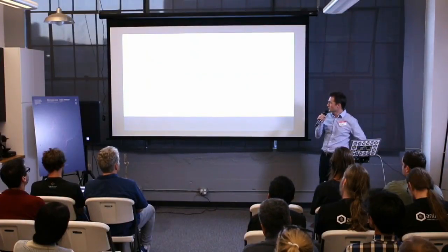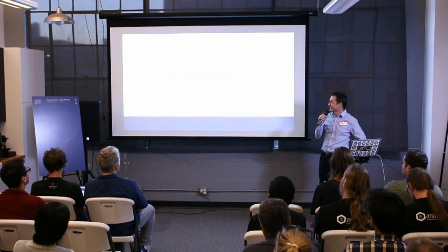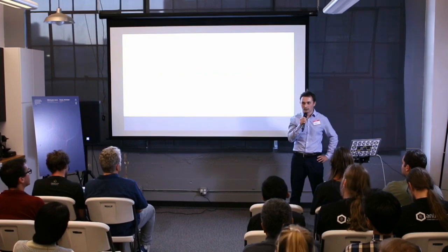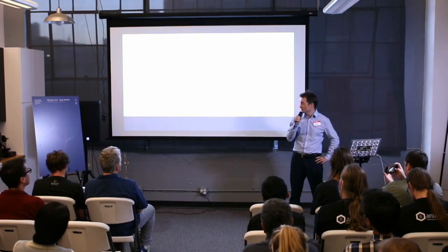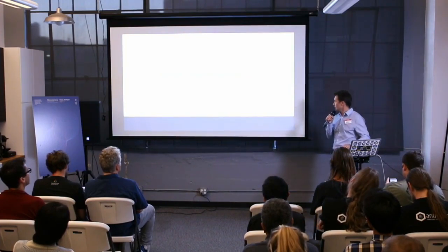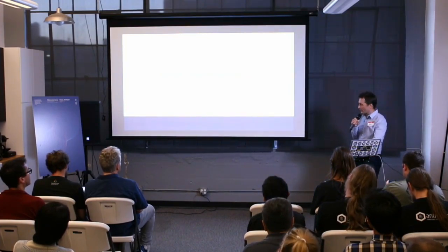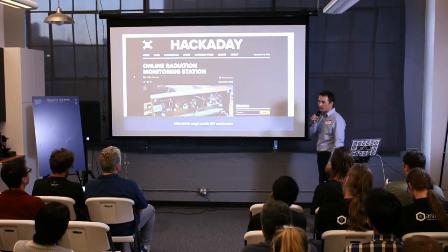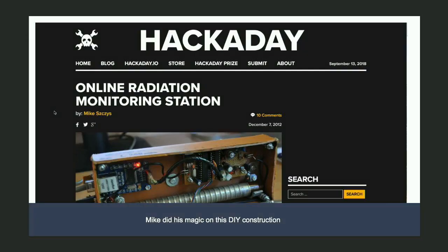So what's with this equation? I have the Ethernet and the Geiger tube, because the high voltage inverters, I built them as drivers for Geiger tubes. You know that you need a few hundred volts to be able to use a Geiger tube. So that is why I needed those inverters. So for me, this was the first IoT device I built. It was actually a combination between a device with an Ethernet module and a Geiger tube. I know it's a bit weird, but